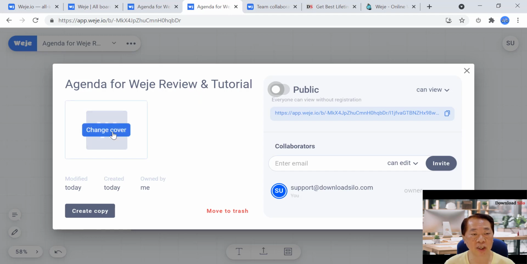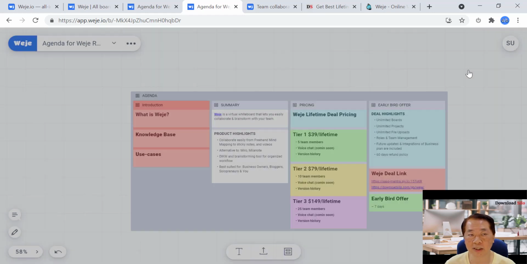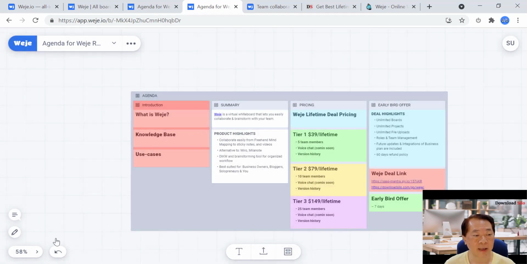Of course you can change the cover, or an icon for your board. Let's close this one. If you already have members, you can send a message to your team member, type whatever here, then send it to them. You can also turn off the sound if something comes on to your board while your team collaborates with you online. Okay, let's go back to our